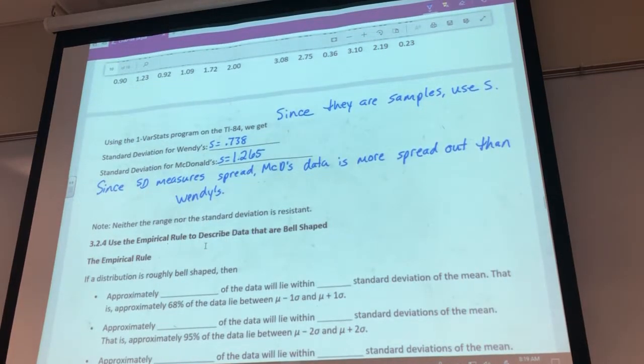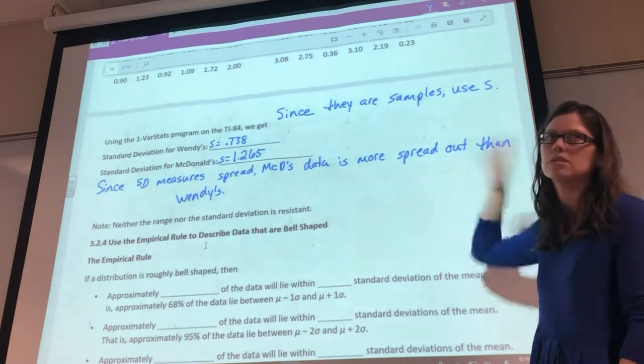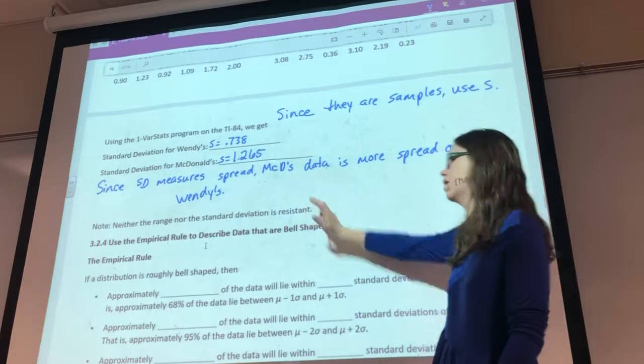So these two data sets had the exact same average, but the histograms are going to look a little bit different because McDonald's is more spread out than Wendy's. And then down here it just makes a note that